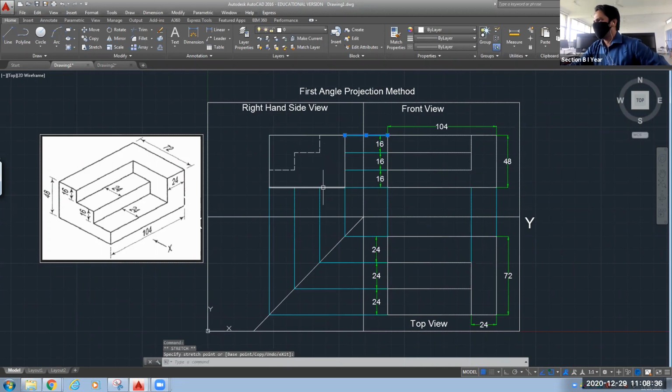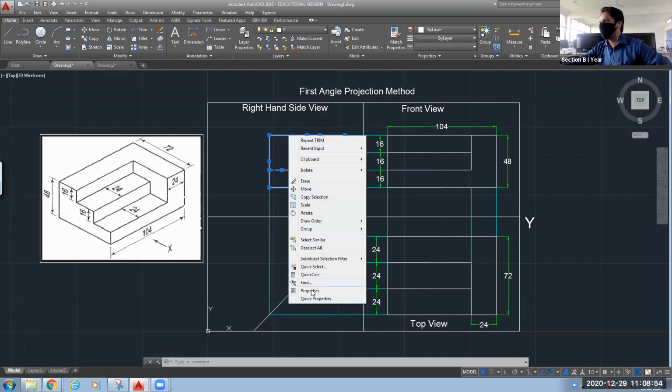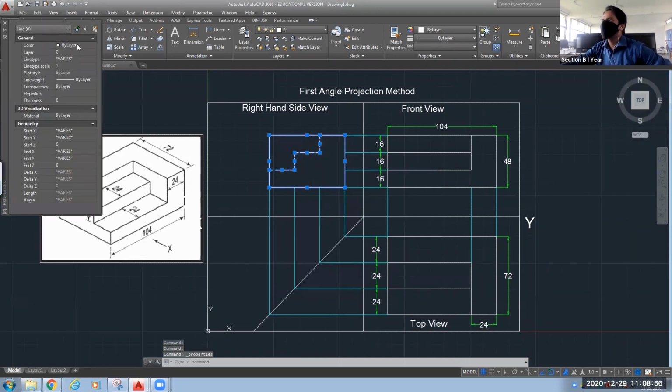Now you select all these lines, and I will make them red color. Red color will be the outline of our drawing. Right click, go to properties, go to color, and make it red.